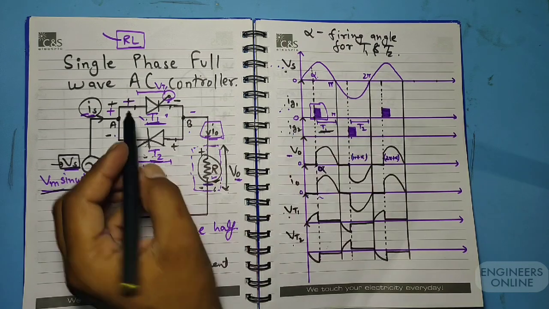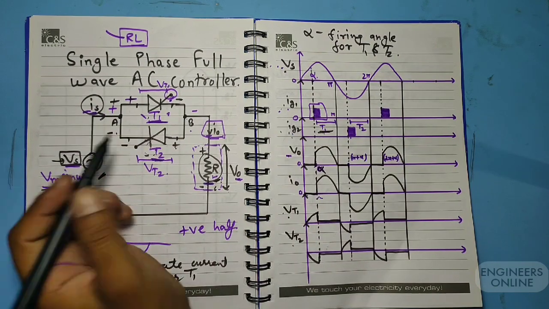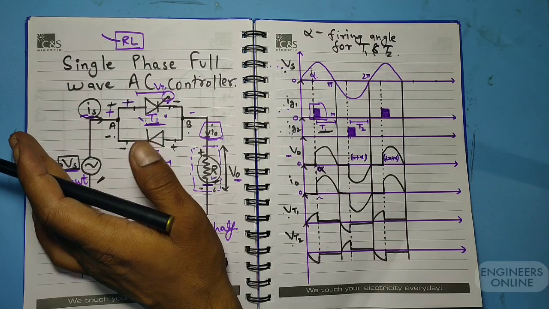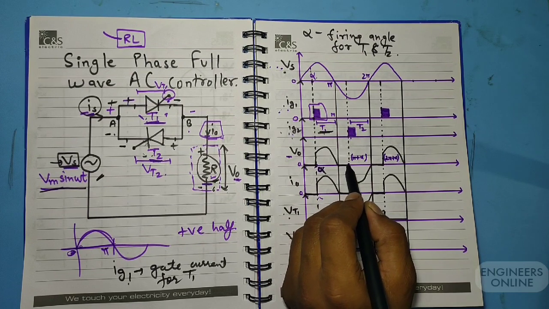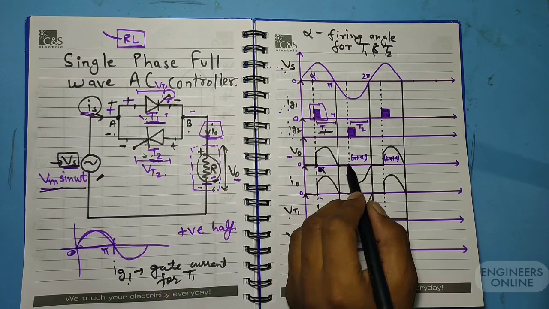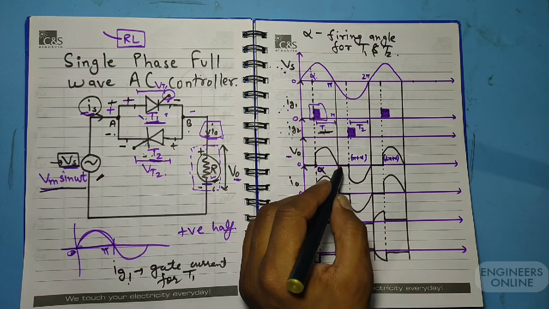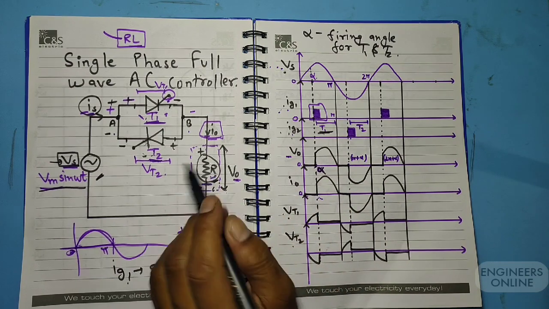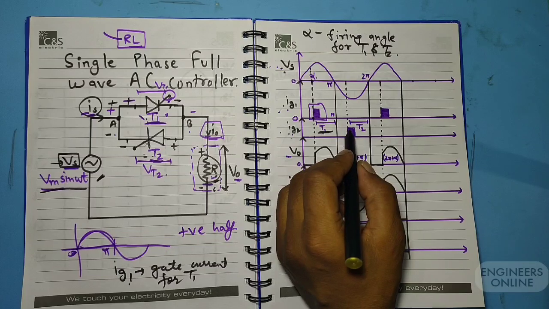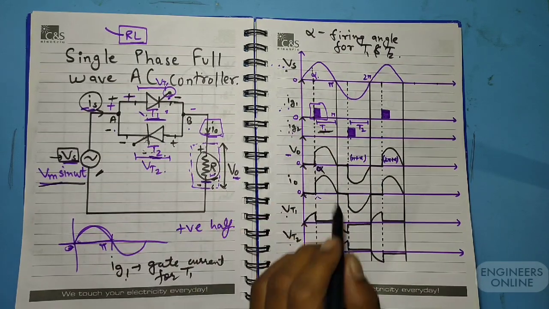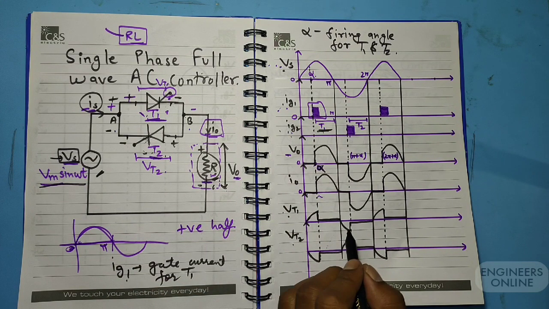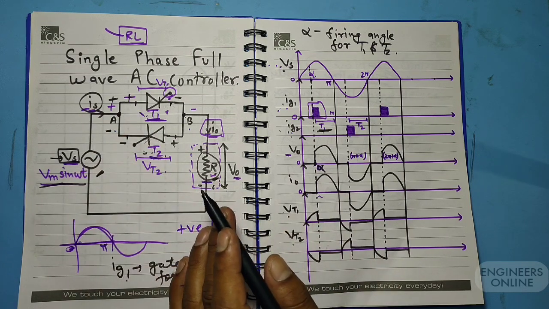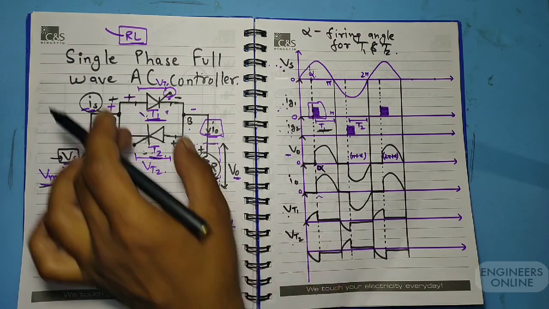Now for the negative half cycle. For the negative half cycle, T1 gets reverse biased and T2 gets forward biased. So again from pi to alpha value, we don't get any output for voltage and current at the load resistor, because we didn't give any trigger pulse to T2. But there is some potential drop across T1 and T2. For T1, it is now the negative terminal, so the potential drop is also negative across T1.